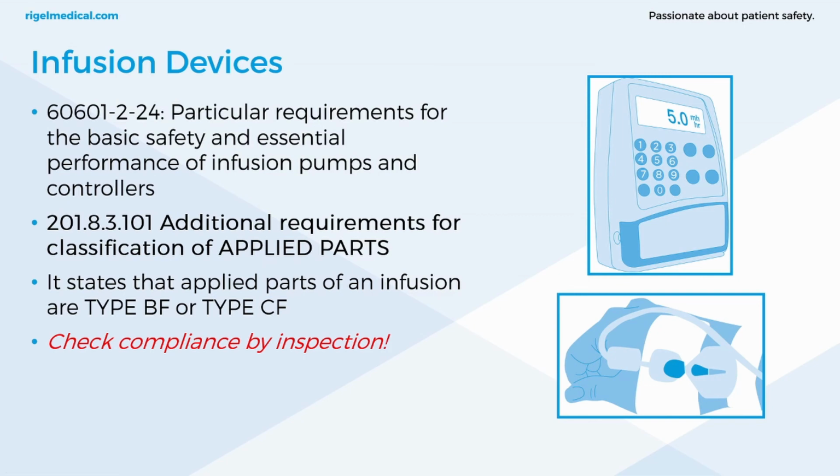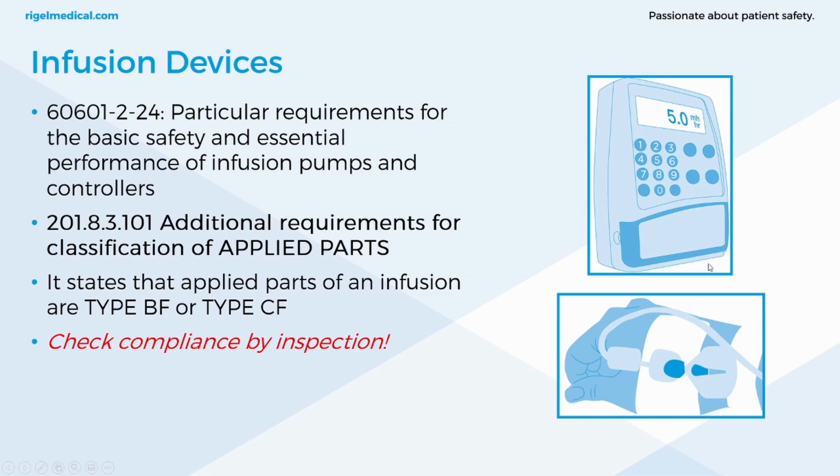Okay, so in 60601-2-24, particular requirements for the basic safety and essential performance of infusion pumps and controllers, there's a section there. It states that applied parts of an infusion pump are type BF or CF, and you check compliance by inspection, because you've checked the electrical conductivity at the controller, and that's where your potential patient